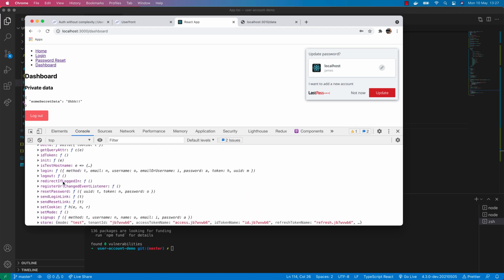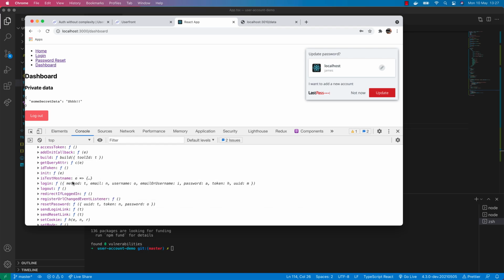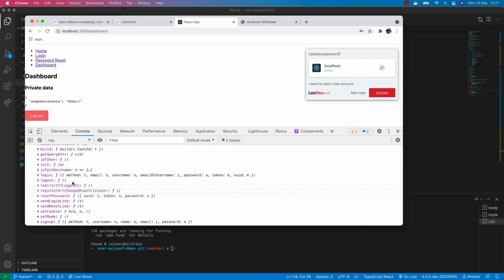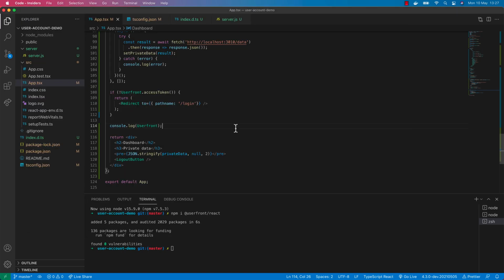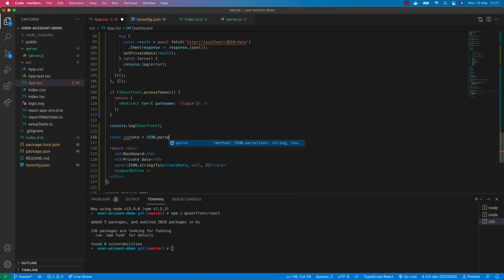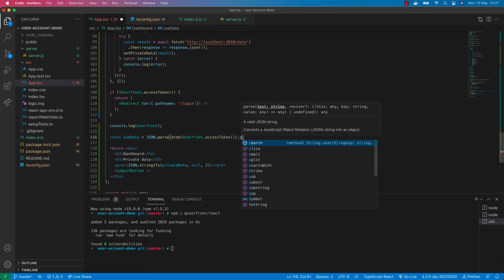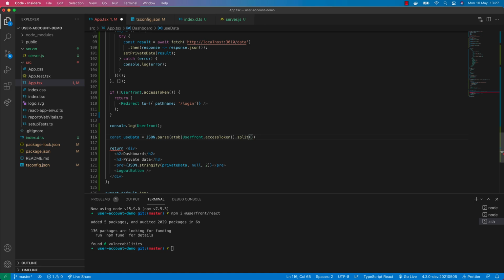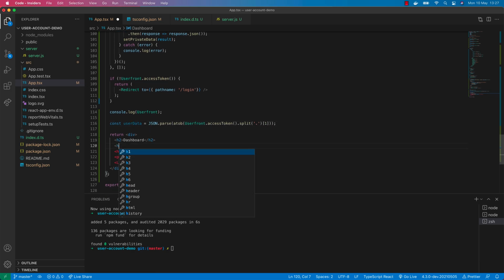So one thing we can do is we do have access to the access token that the Userfront service has generated, so we can get some information about the user from that. So what I'll do is I'll say our userData is equal to JSON.parse, atob to change it from base64, and the Userfront access token, and all we want to do is actually get the middle element of the JWT, and we'll store that in userData, and then we'll do the same sort of thing again in the dashboard component. We'll say the userData,